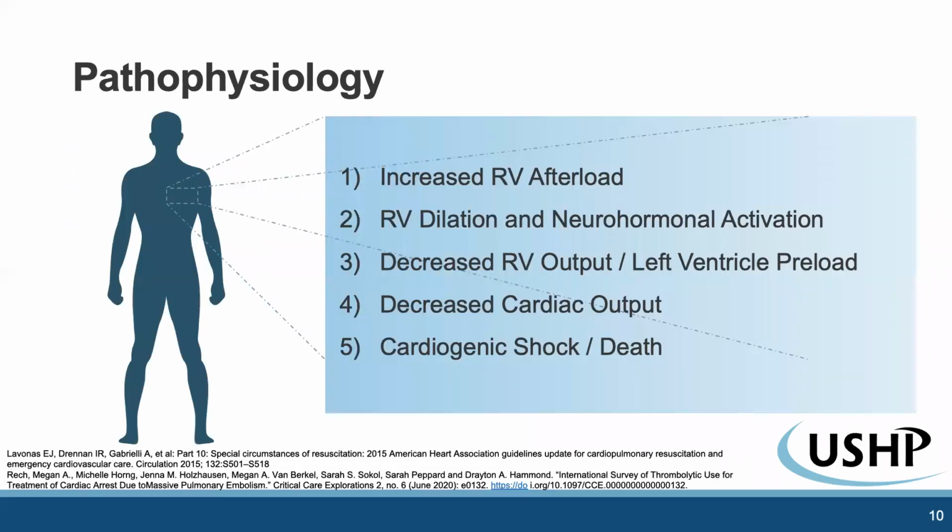And so when we look at the pathophysiology, we really question, okay, what's going on in the body that leads to this pulmonary embolism-induced cardiac arrest? When you think about a pulmonary embolism, or rather a DVT in this circumstance, the thrombus breaks off and travels up the inferior vena cava, then to the right atrium, over to the right ventricle, and then eventually becomes caught in the pulmonary artery. This causes an increase in pulmonary vascular pressure and leads to backflow of blood within the right side of the heart. This backflow then leads to increased right ventricular pressure and dilation of the